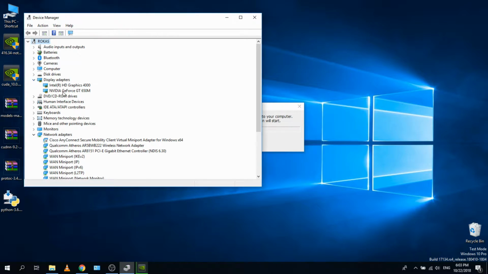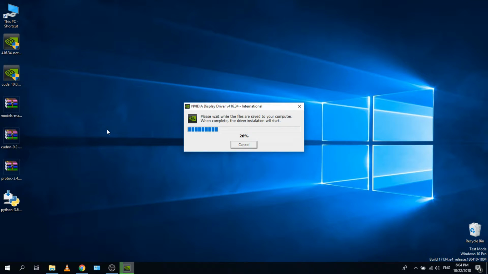So here are the display adapters on my laptop. The GPU is GeForce GT 650M, and we'll see with that. So okay, while the driver's installation is extracting files, we can